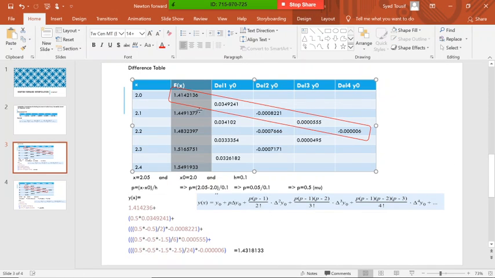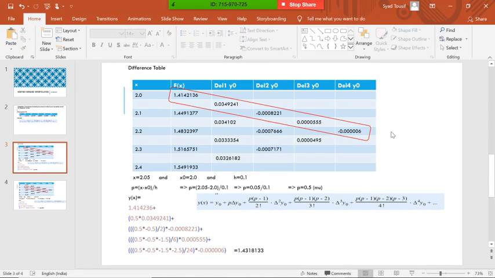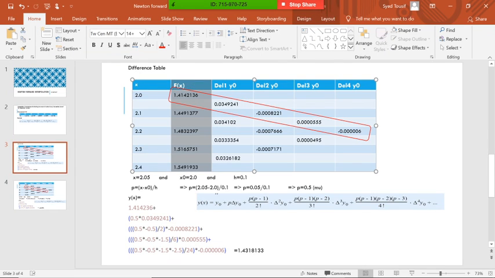After calculating this one, we calculate the next one, and using this matrix we calculate the next matrix. You can check here, this matrix has 5 elements and the next matrix will have only 4 elements. The next is 3 elements and then 2 elements.